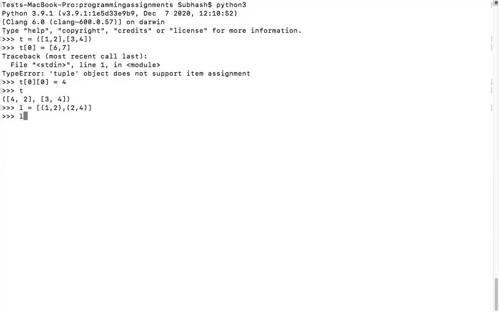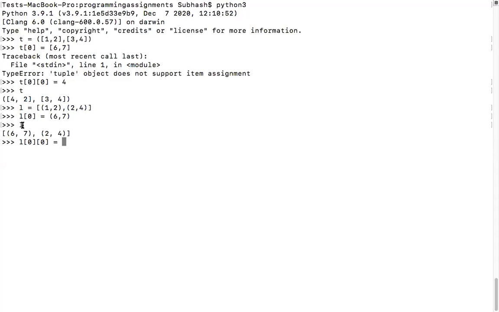Now, sir, you tell me L of 0 is equal to 6 comma 7. Is it possible now? Now this is possible, sir. It is a list, so it is possible, isn't it? Yes, sir. But what is 0, 0 now? Tell me. 0, 0 in that first 0 it will take 1 comma 2, sir, and then the new list is changed.